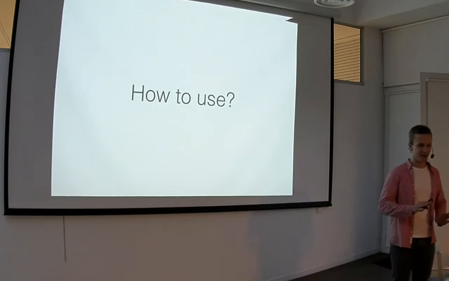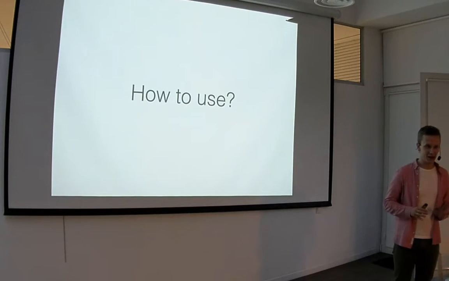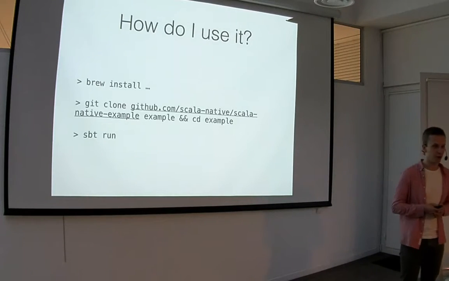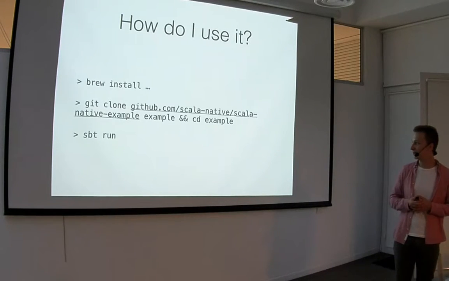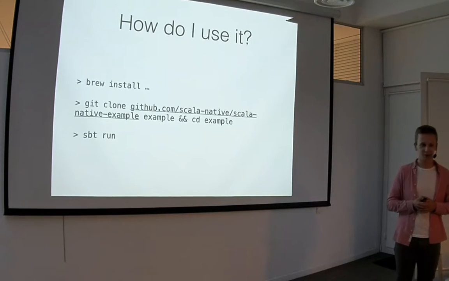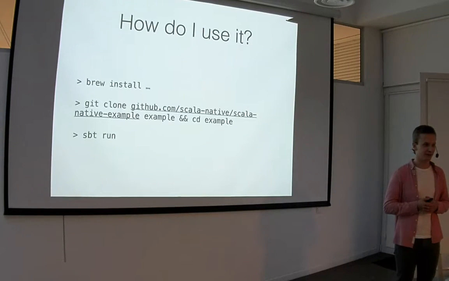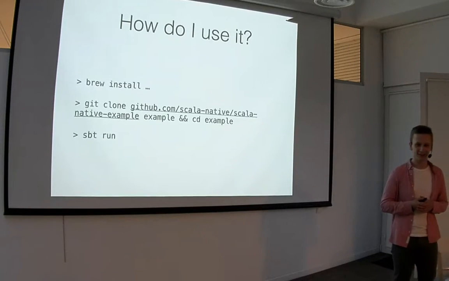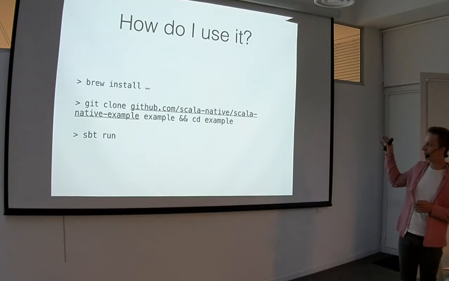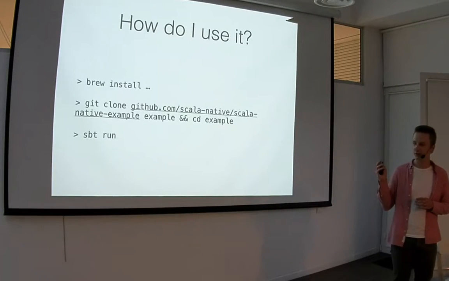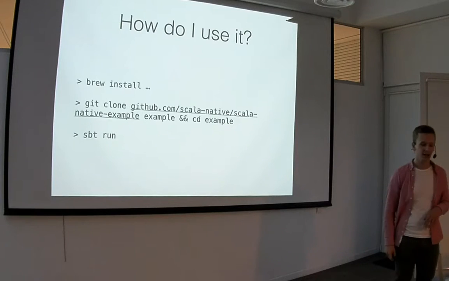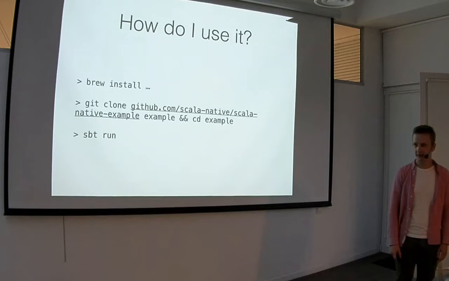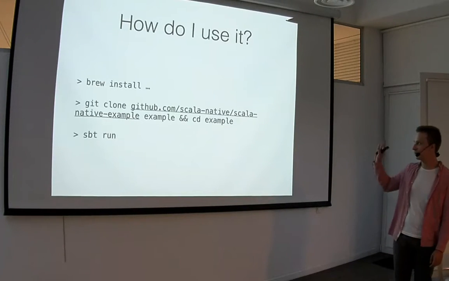And now, the quick and dirty part. I'll give you a very quick intro to how you might want to use it. It's actually rather simple. First, all of you use Macs here, right? Does anyone use Linux? Okay, good. Basically you do brew install of a few packages. You can find the exact list of packages in this GitHub repo. You need to install compilers like the LLVM compiler and a few other things, but basically just brew install.